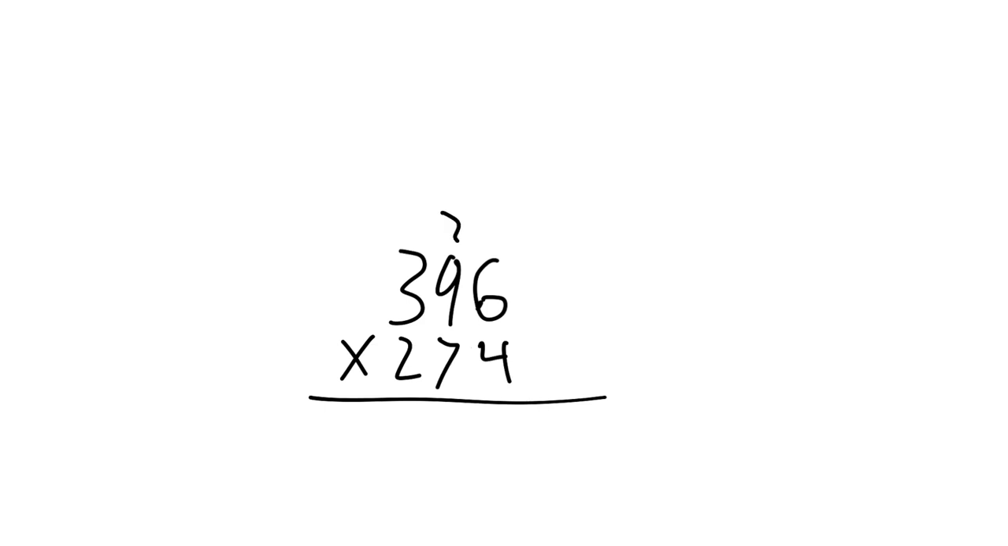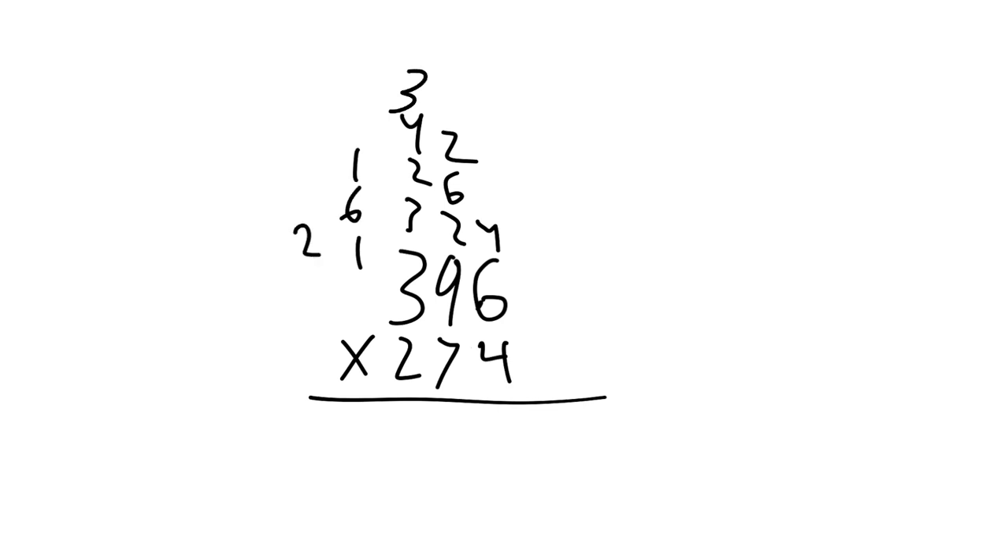So 6 times 4, 24. 4 times 9, 4 times 90, 360. 4 times 300, that would be 1,200. 70 times 6, that would be 420. 70 times 90, that would be 6,300. 70 times 300, that would be